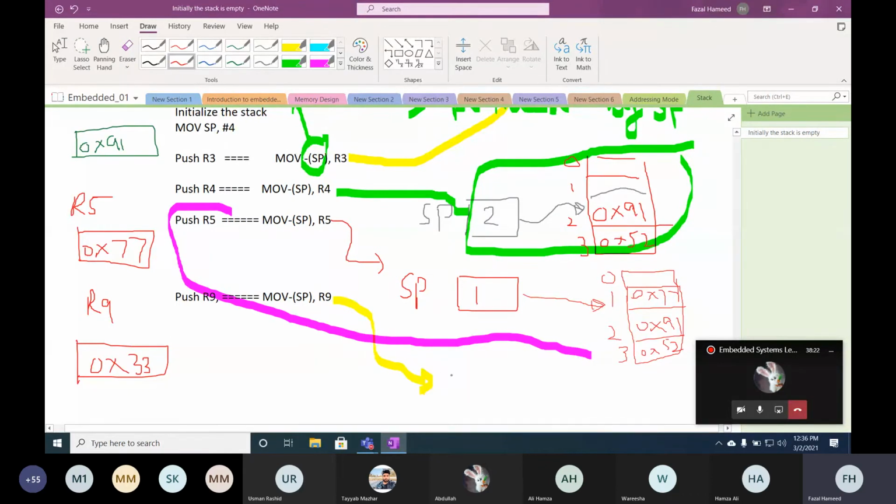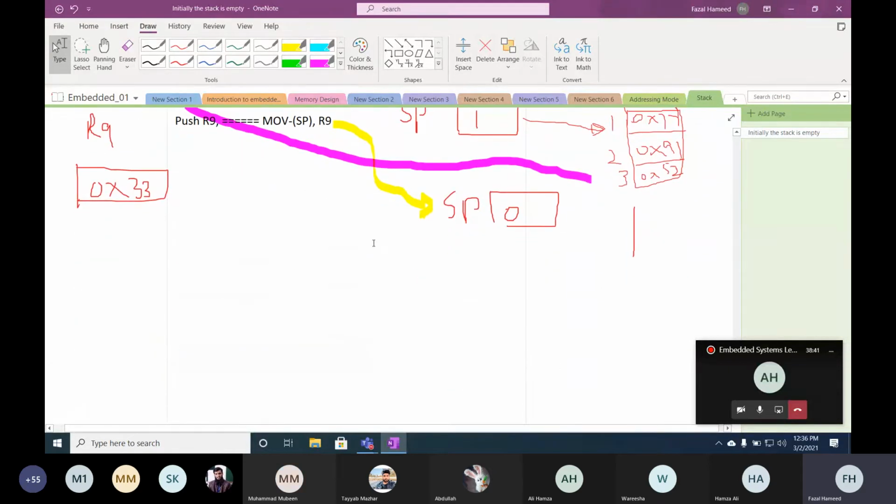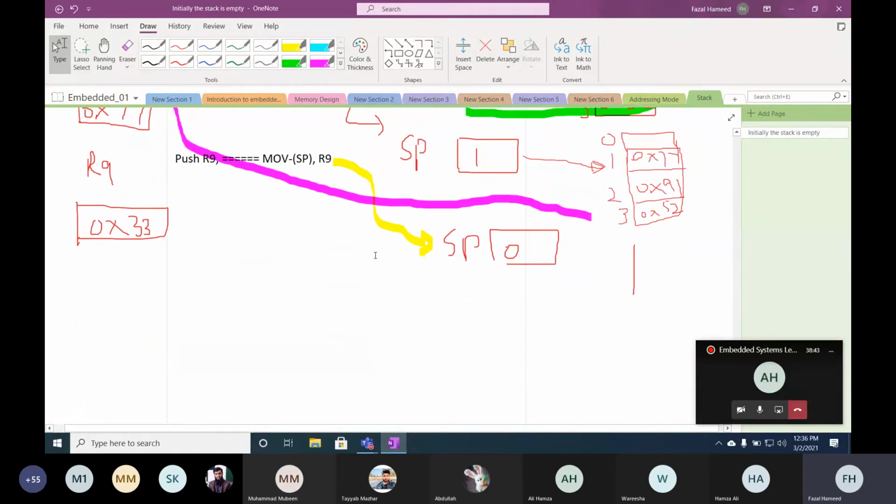Now in this scenario you have a different situation. What will be the value of the stack pointer? 0, because the stack pointer is now pointing to the first location. So at this point, the stack is now what? Full. The stack is now full. In our actual architecture, the total size of the stack is 48 multiplied by 1024. If I write an instruction to pull all of the stack at one time, it will take a lot of time. So for the sake of simplicity, I assume small data.